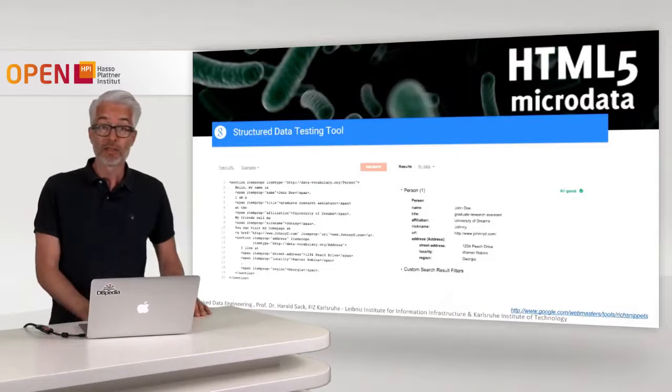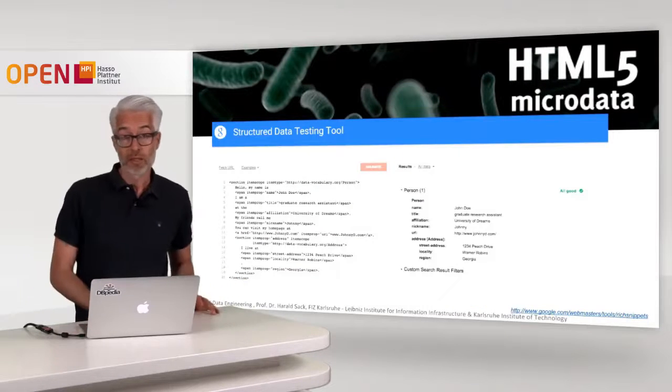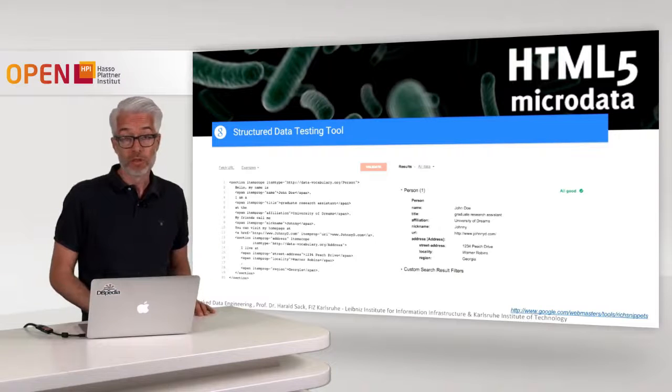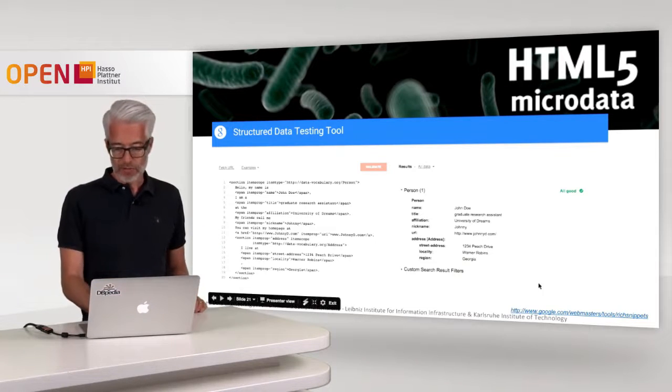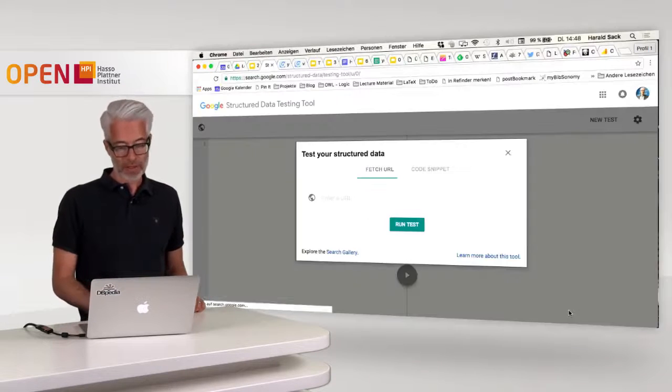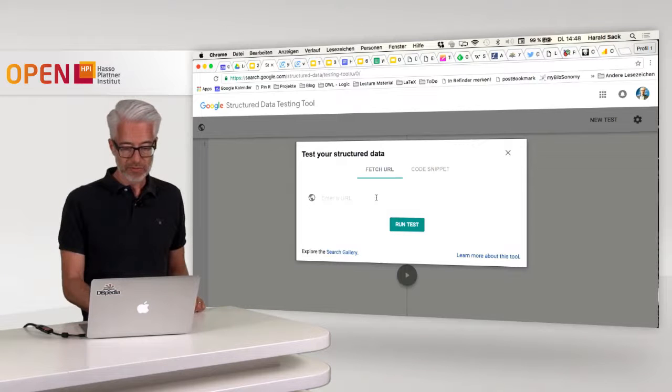The nice thing about microdata is that Google, for example, provides a lot of testing tools where you can see what kind of structured data really is hidden in that page. Because search engines like Google are reading and making use of this structured data. Here I have a link to a structured data testing tool at Google Webmaster. Simply click on it. Then again, the browser pops up, and here you can give the URL